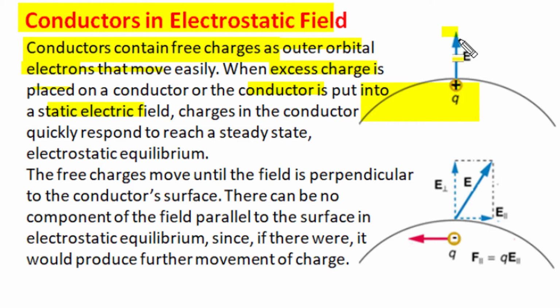And on the surface, the electric field, whether it is outward or inward, should have only a component perpendicular to the surface of the conductor, and there should not be any component of electric field parallel to the conductor surface. If the electric field on the surface of a conductor had a parallel component, it would drag free electrons of the conductor, and movement of electrons in electrostatics is not allowed. In fact, these movements will ultimately produce an equilibrium condition such that the electric field becomes perpendicular to the surface of the charged conductor, and in that condition there won't be any movement of charge carriers within the conductor volume, and a steady state electrostatic equilibrium will be established.